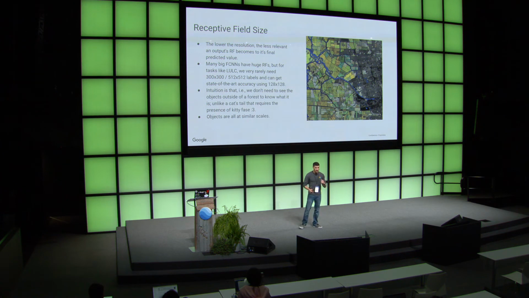And experimentally, we found that even just using tiles that were 128 by 128, which is less than most camera imagery neural networks, if that is the maximum receptive field size of any pixel, that's still plenty. And in fact, 64 by 64 was also plenty. This was for a land cover project at 30 meters. So that is a nice property of remote sensing imagery that allows us to use smaller models and less complex training procedures that try to take into account features at different scales.